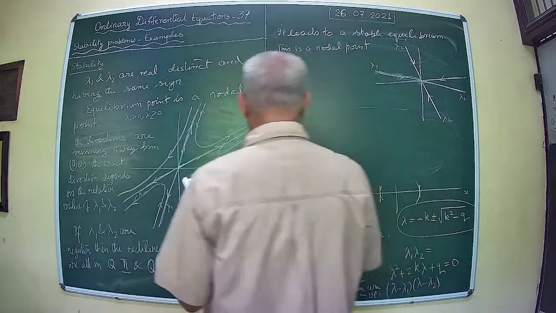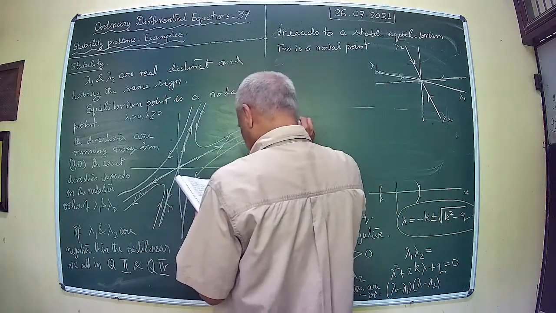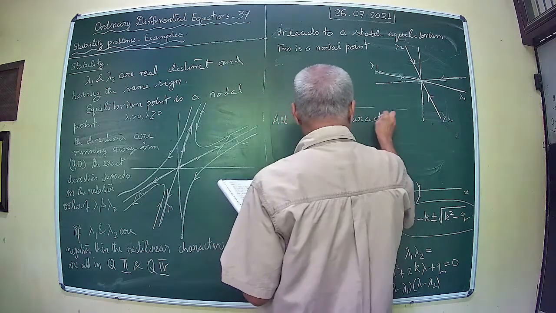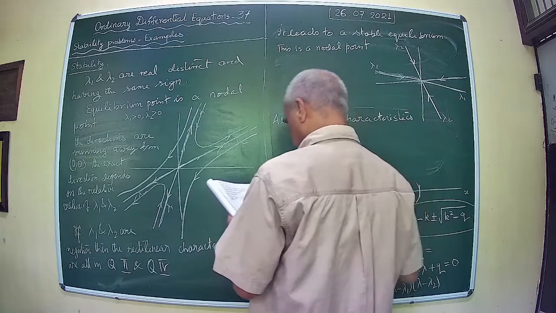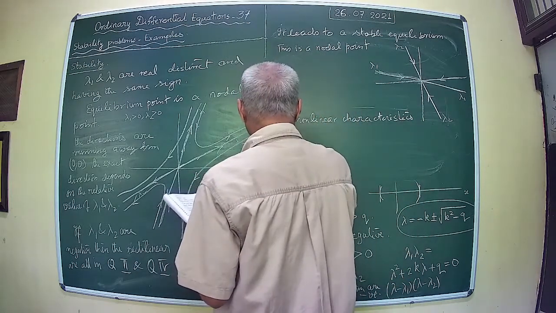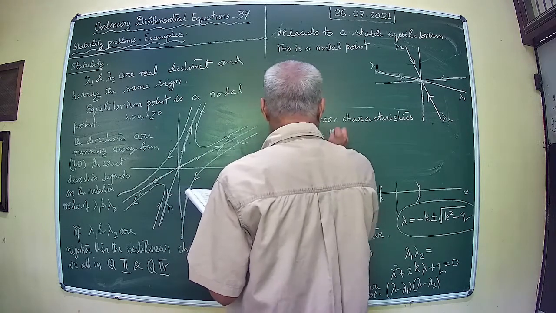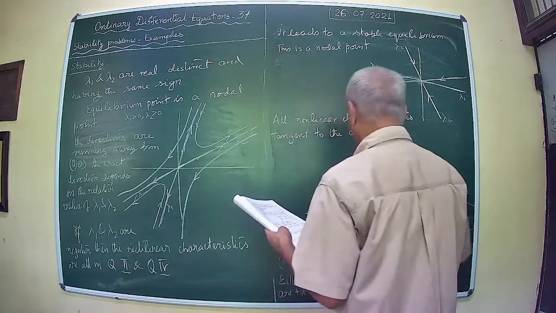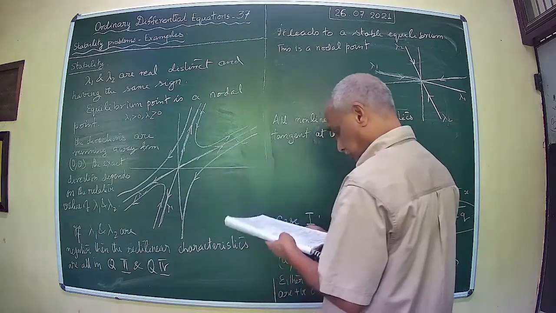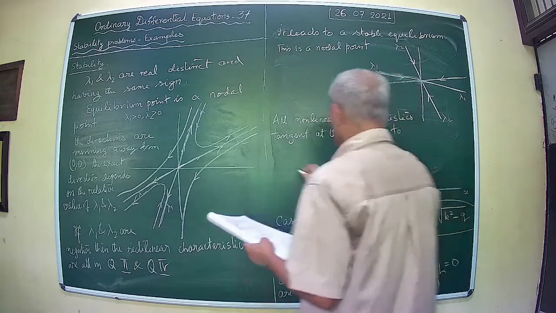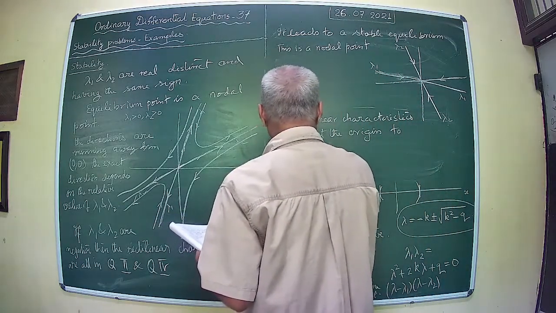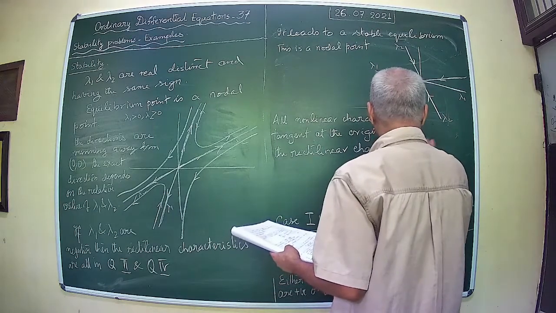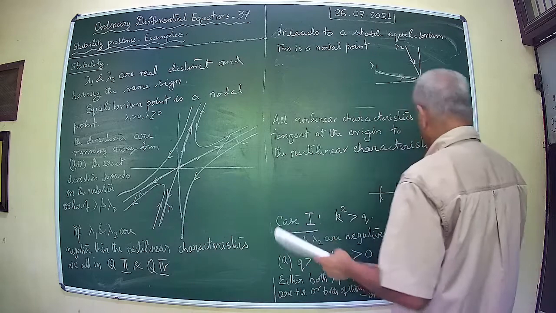Now one can be more specific and say all characteristics non-linear are tangent to the origin at the origin to the rectilinear characteristic whose slope has